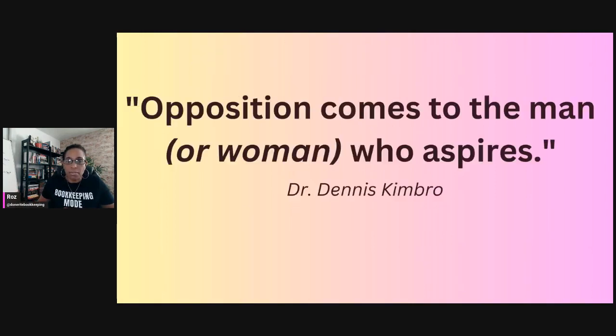So I love this quote by Dr. Dennis Kimbrough. Opposition comes to the man, or he didn't write or woman, but I put in there or woman, who aspires.